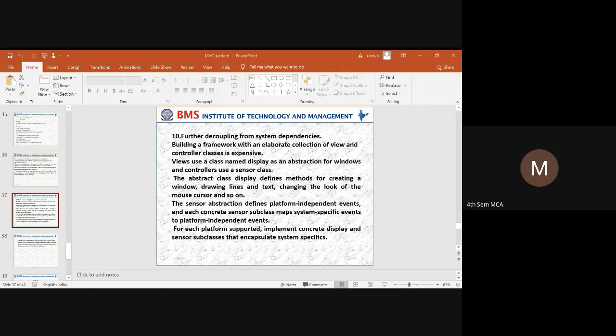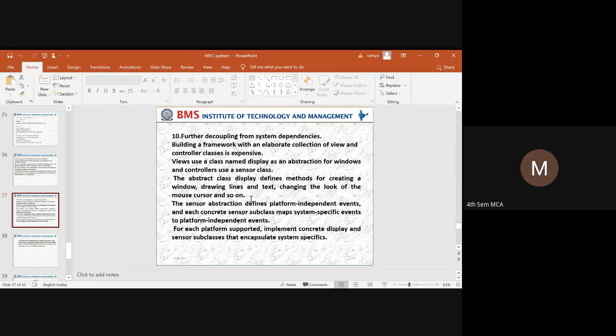Display a mouse. For example, you can see here, if I'm taking any icon, it will let us know what that icon actually indicates. You can see here, isosceles triangle. For example, if I'm moving towards an arrow, it will tell what type of arrow. So like this, the functionality has to be created when we are using the MVC pattern. That means when we have created a view, that view has to display the entire information to the end user in such a manner that there are no ambiguities within the features.